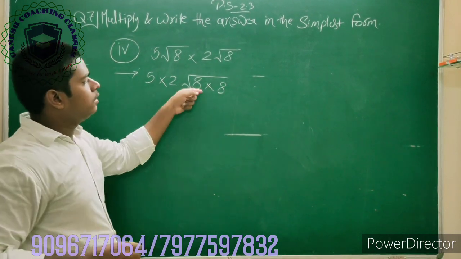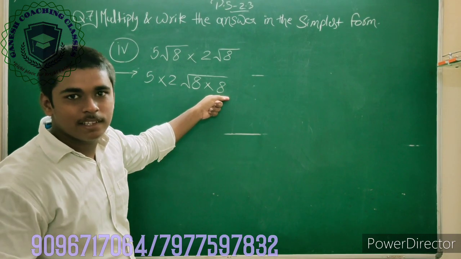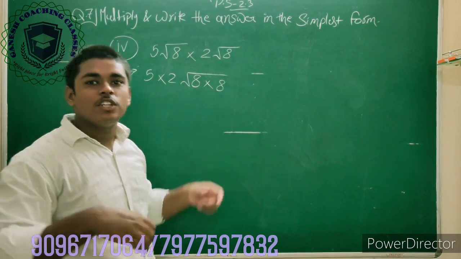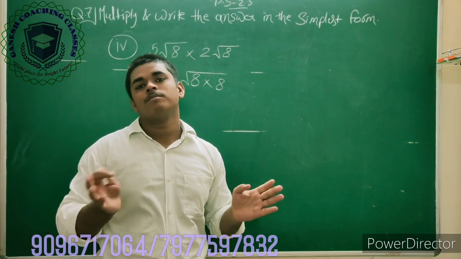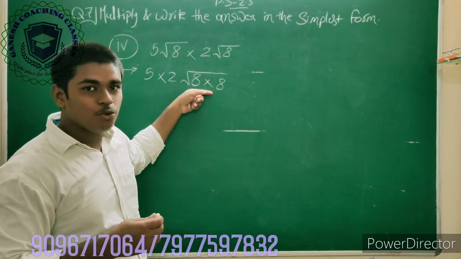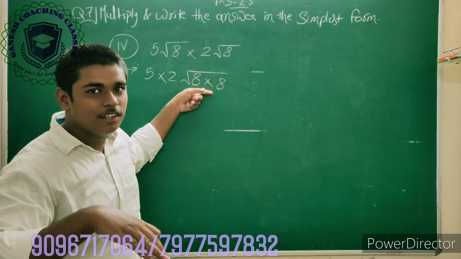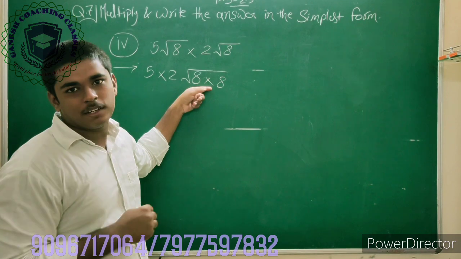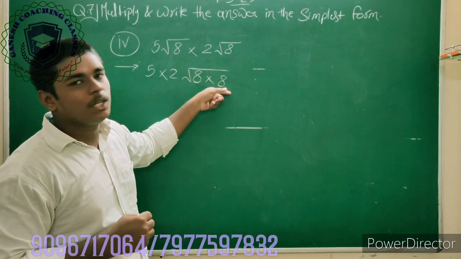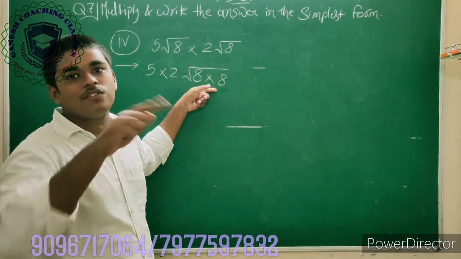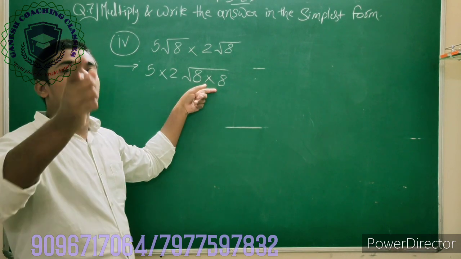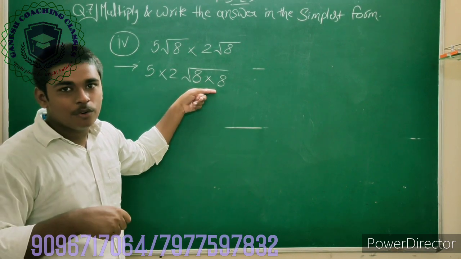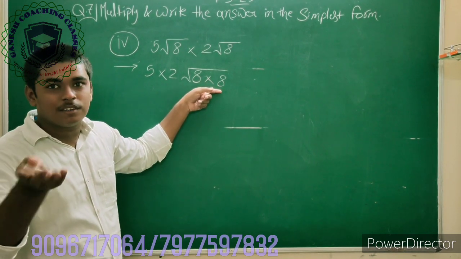So here, coefficient multiplied with coefficient is 5 into 2, and radicand multiplied with radicand. Tell me, these two numbers are identical, so do we have to convert them into prime factors? No, because here we are getting two pairs of numbers, so we can write it directly as a single number. Okay, so we can do this by two methods. First of all, we multiply these numbers. What are we getting here? 64. Now we can find the prime factors of 64. So again we will get 8.